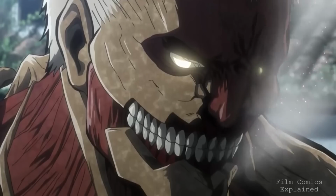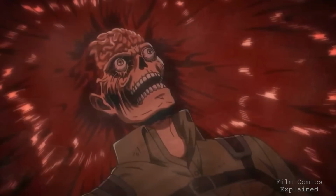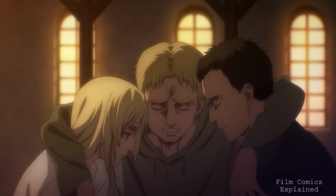It goes without saying then that he possesses absolute control over his regenerative ability. Not only can he will the regeneration, but he could also stop his body from healing when he needed to